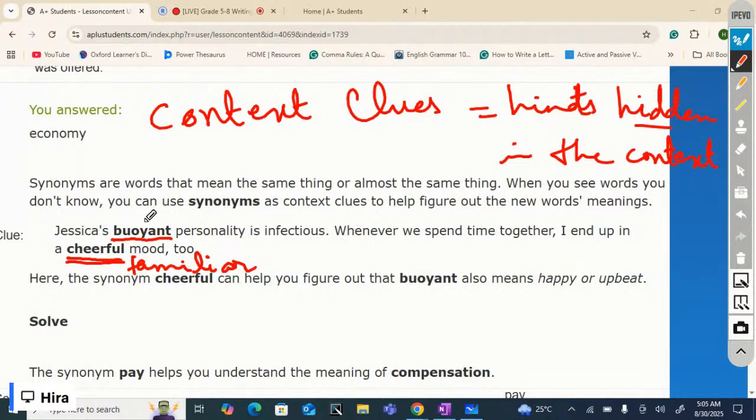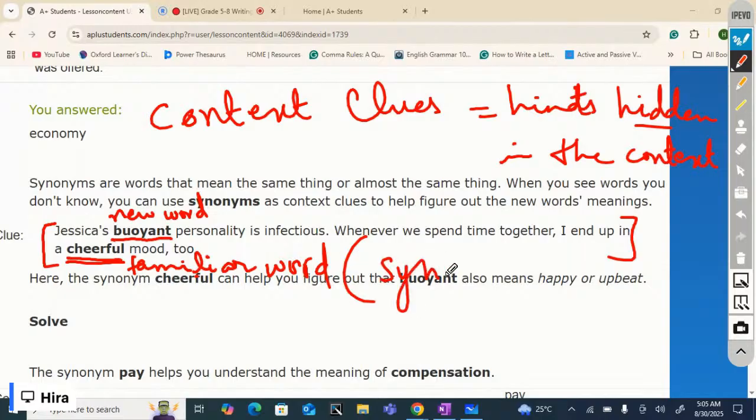But the word buoyant is a new word for you, and you don't know its meaning. No worries. In this context, meaning in this passage, in this paragraph, in these sentences, you can find a familiar word. This familiar word can be a synonym or